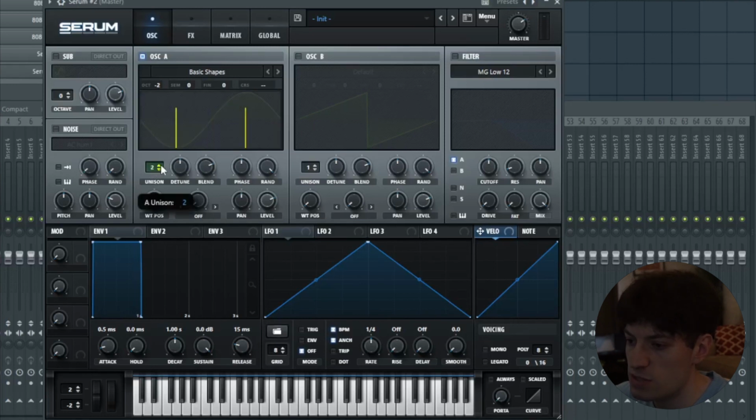So we're going to bring the unison up to 3, bring the detune down to about here, and we're going to bring the blend down a little bit. We're going to turn the phase and the rand off, and then we're going to move the wavetable up to position 3 like that, and then we're going to turn the level all the way down and apply LFO 1 to it. Next, let's bring the level down a little bit to around about here,